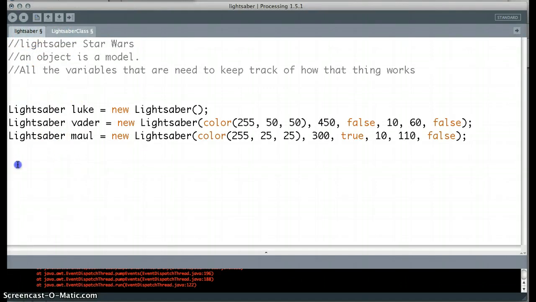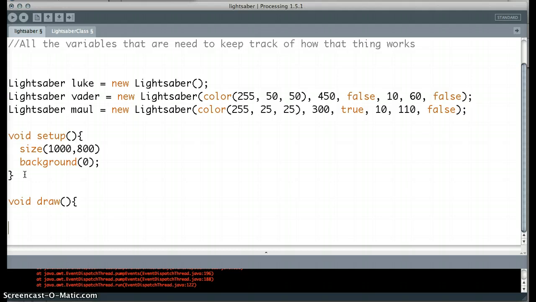Okay, so we've created these three guys here, and now we ought to set up the screen and do all of the work of making this go. So let's set up the screen, the size of the screen, some reasonable size. Let's make it big. Okay, background, I'll make the background black. And then in draw, which is the function that gets repeated over and over again to draw our screen,